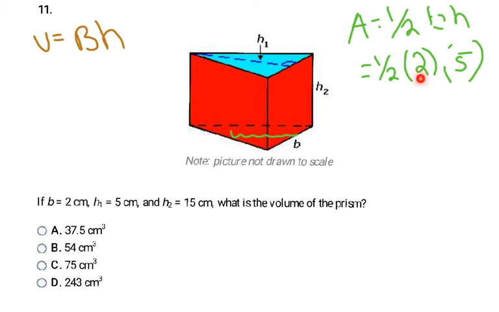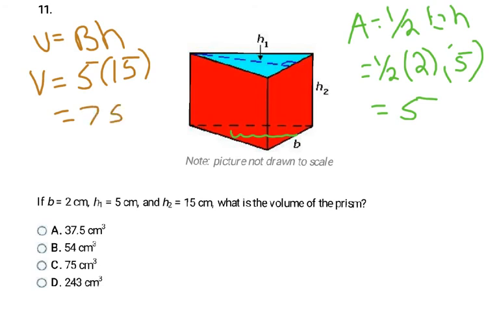So I multiply those numbers. 1/2 times 2 is 1. 1 times 5 is 5. So the area of the triangle is 5. So now I can go back over here to my volume formula and put in 5 for the area of the base times the height of the prism. So the height of the prism is the distance between the two triangles, which is h2, which is 15. And then 5 times 15 is going to be 75, and my units is centimeters cubed because